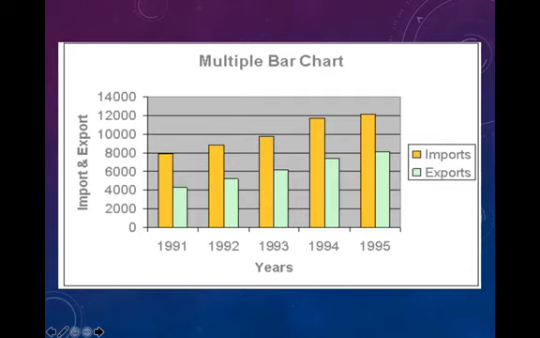In a multiple bar chart, 2 or more sets of interrelated data are represented. So a multiple bar chart facilitates comparison between more than one phenomenon, in this case, import and export. It is like drawing 2 simple bar charts, but the difference is that we use different shades of colors to distinguish between the different phenomena. We draw multiple bar charts if the total of the different phenomena is meaningless.